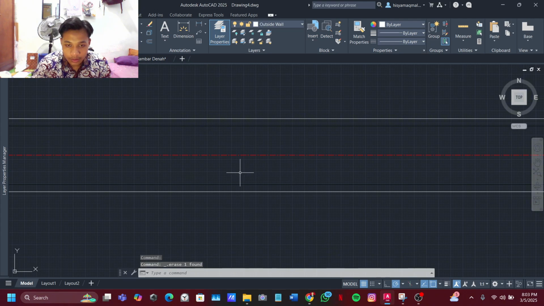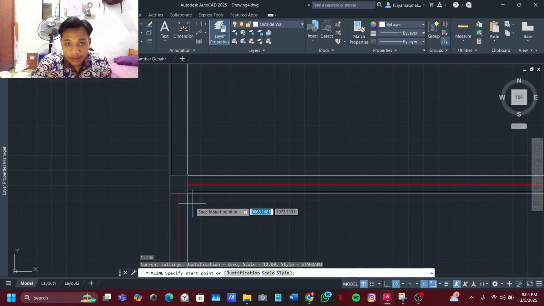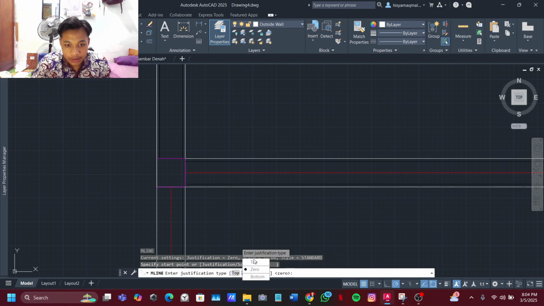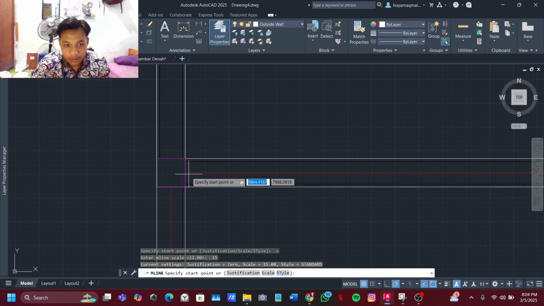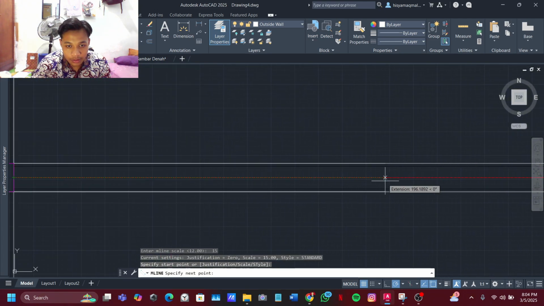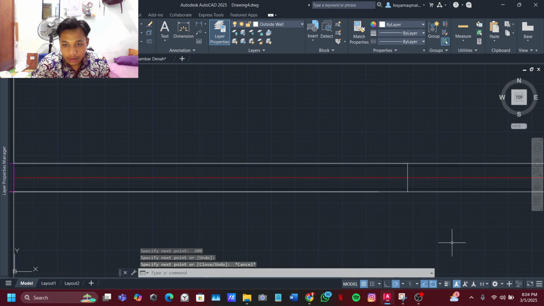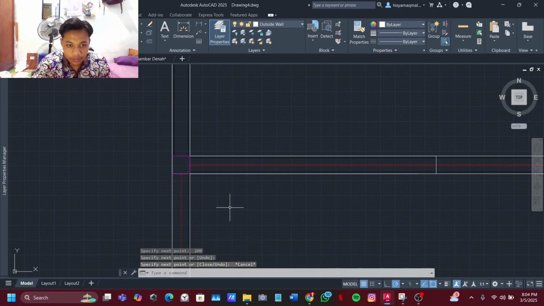Okay. I forgot about the distance, but let's use the M line. Justification it was 0 and the scale it must be 15. Yes, like this. 200. Close it like that. And then for the inside wall,